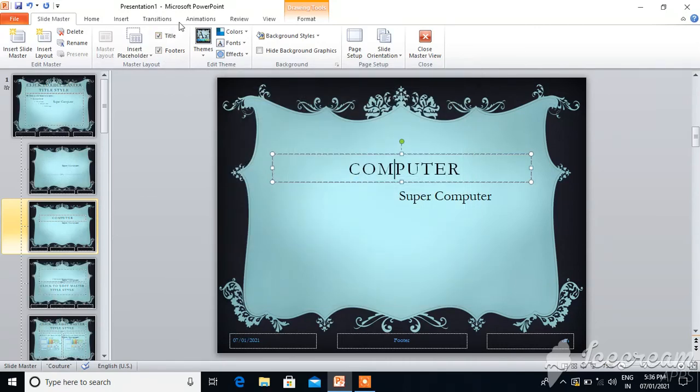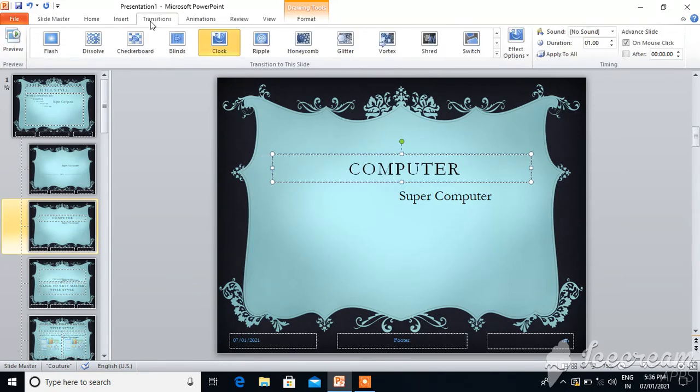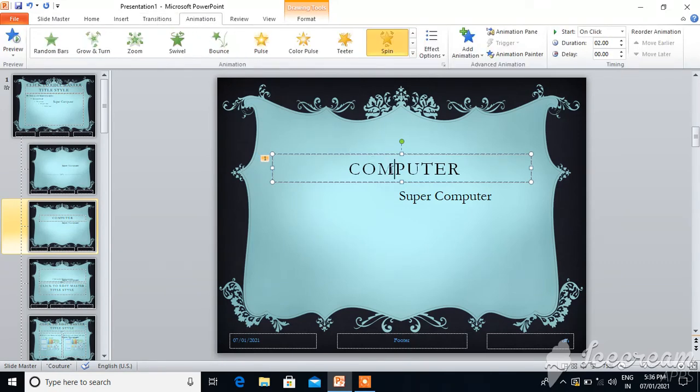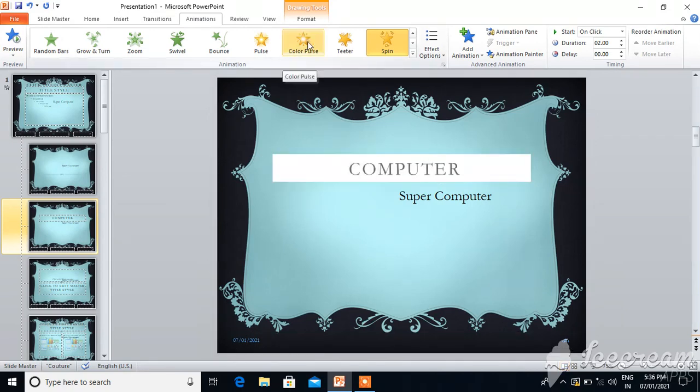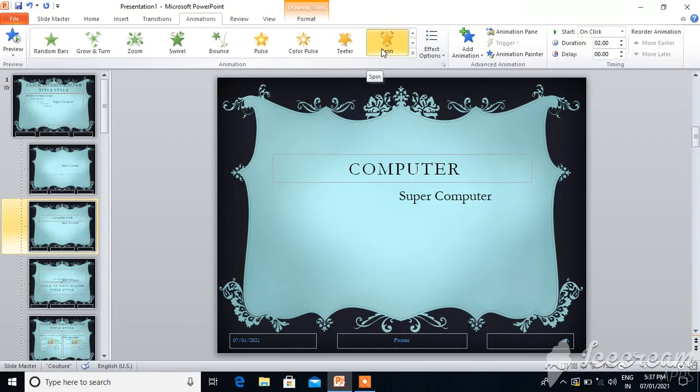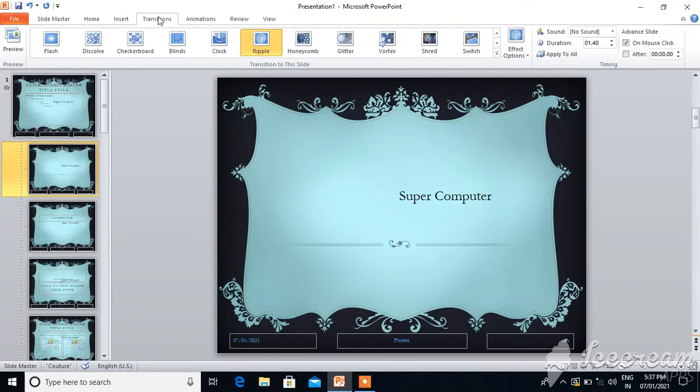Okay, then we learned animation and transition. To learn the animation I typed one word, computer. I selected that word or text. Okay, and then click on Animation and that effect is applied to the slide. Okay, sorry, that effect is applied to text or image. And to give the motion effect to a slide, just click on Transition and from here you can select the transition effect. Okay, understand?